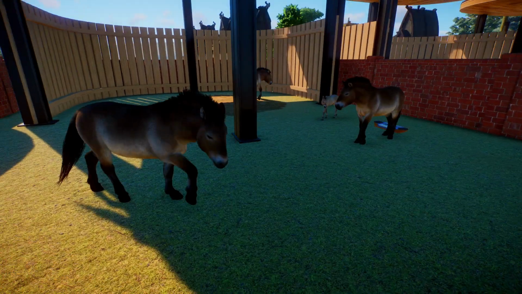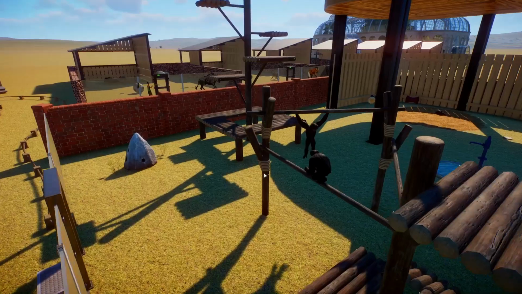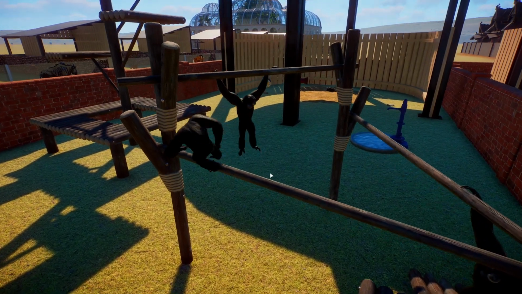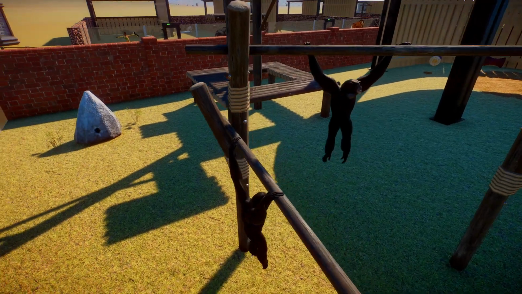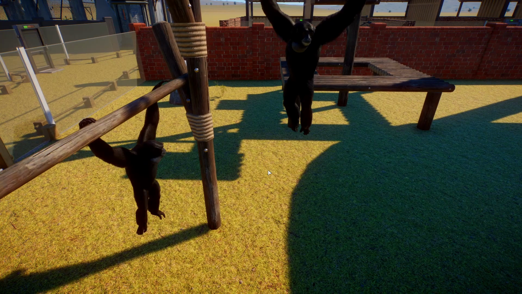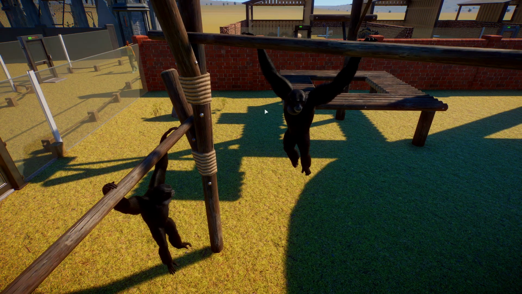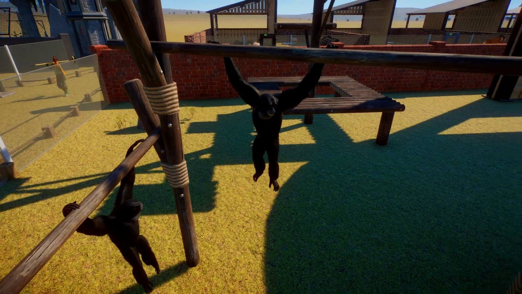This is one of my favorite habitat animals in the whole game. I love these guys. And then last for our exhibit animals, we also get the Siamangs, which are very noisy, but super cool animals. And I love the way that they hang and do the brachiation thing where they swing with